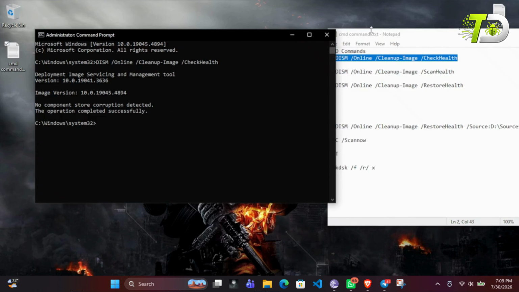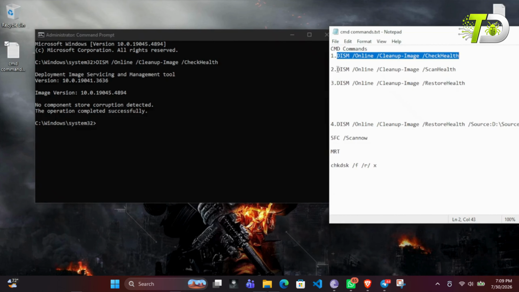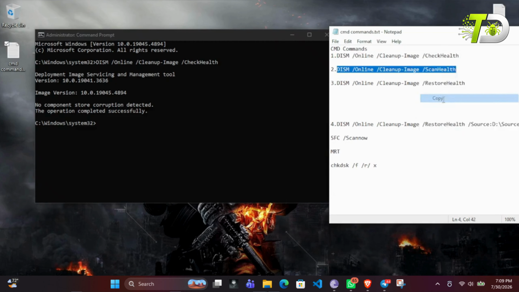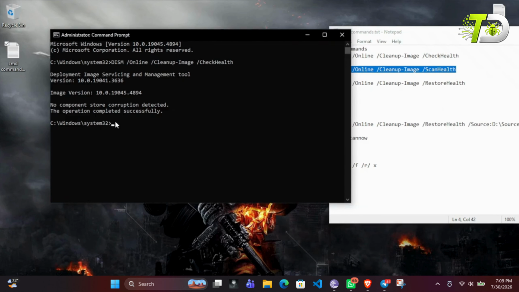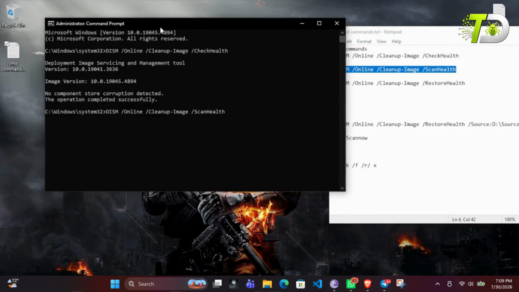You just need to go ahead and continue with the second DISM command, which is scan health. You copy the scan health command and paste it in the command prompt window. This one scans the system image or Windows image file and lets you know if there are any errors. If there are any errors or repairable files in the component store, you can go ahead and